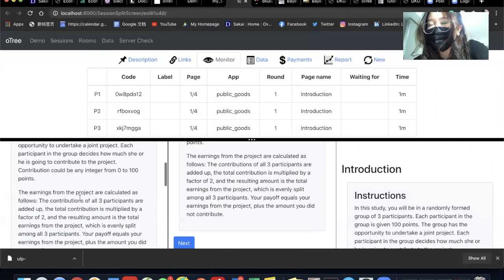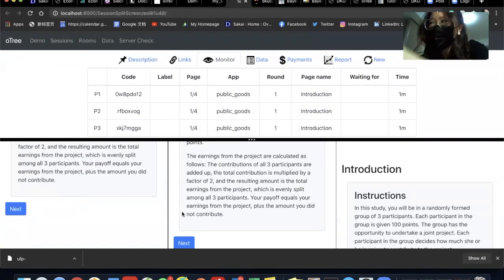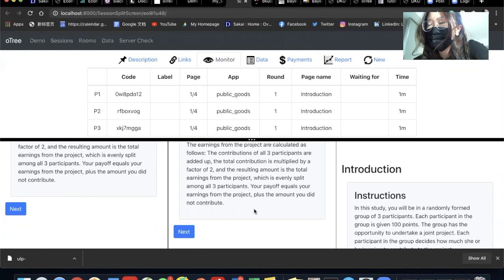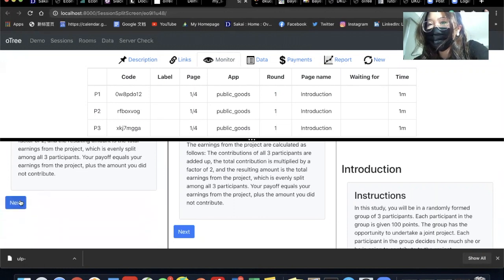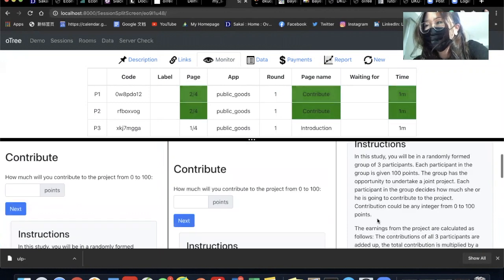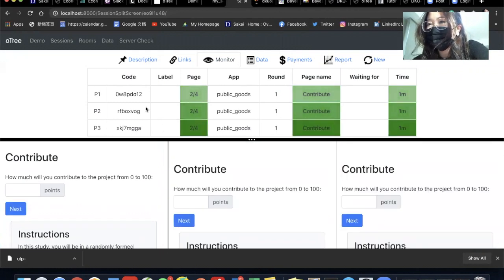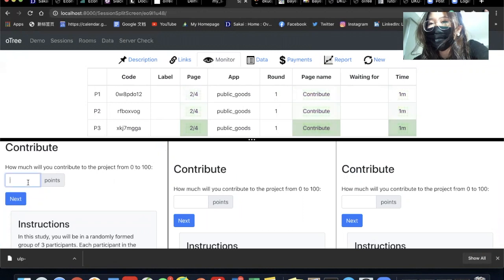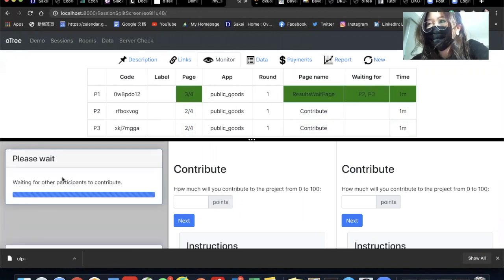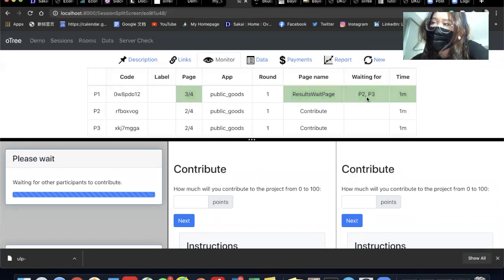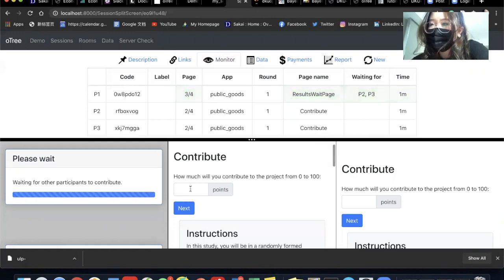So after reading the instructions, we need to simulate the 3 players. Say next, next, and next. Here in the form, you can see the status of these 3 players. So for the first player, let's say I just wanted to contribute 0 to this project. Next, you can see the status of the first player. He's waiting for player 2 and player 3 to give the answer. So let's say 15, 50, and